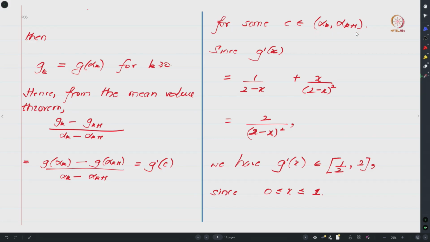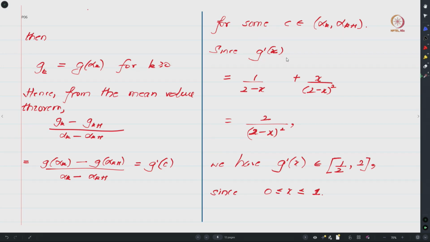So this is something very well known, because your g of x actually is a well defined function whenever x lies between 0 and 1, right, and from this fact what one can see is that this g prime c that we have over here, in order to bound this, let us first compute what is g prime